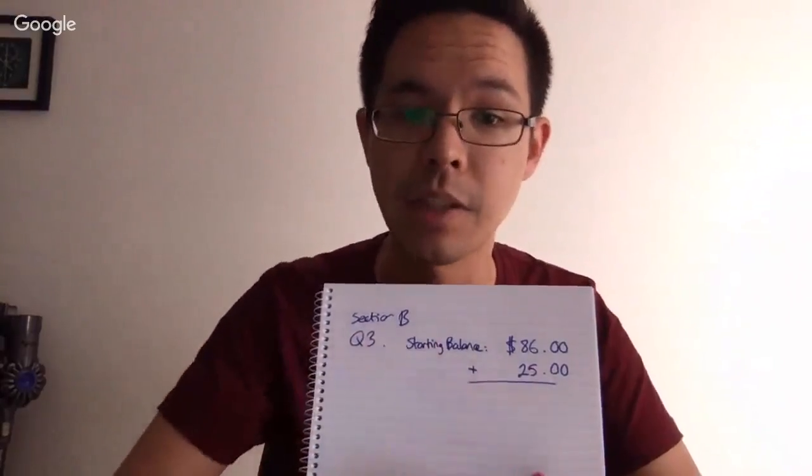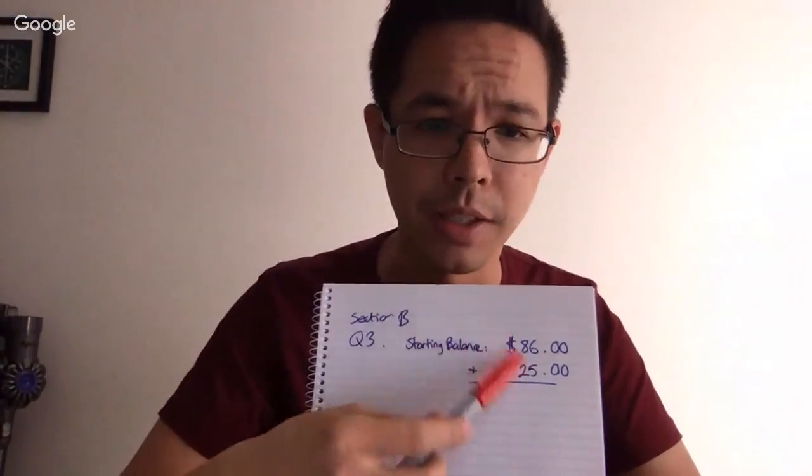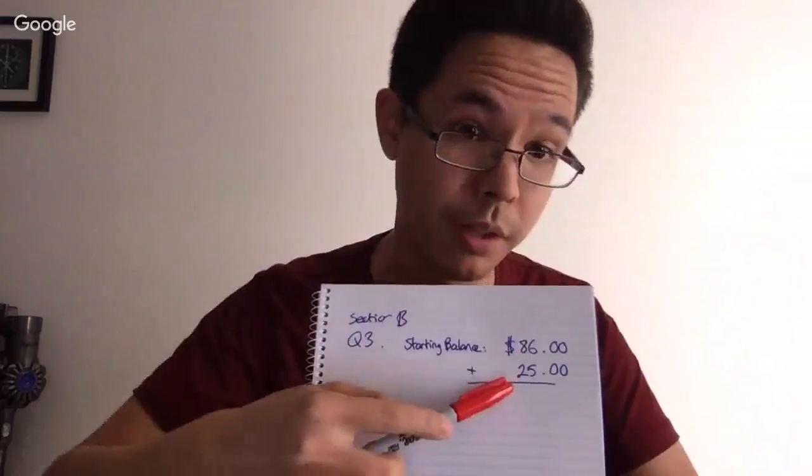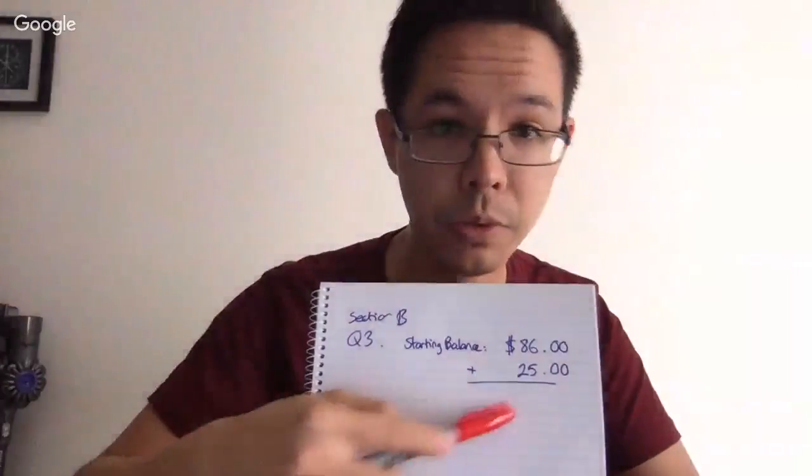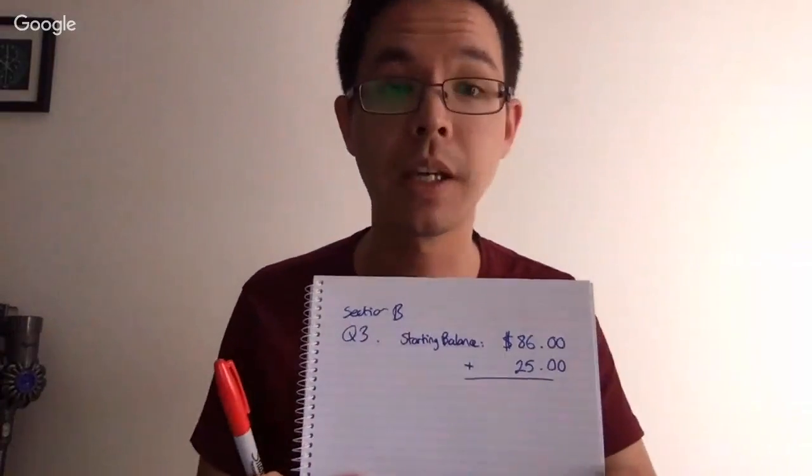And then there's a space next to it. So we just got to figure out how much that is. So I started off with 86 and my deposit of 25. What's my new, resulting bank account? How much is in there right now? So I just do,